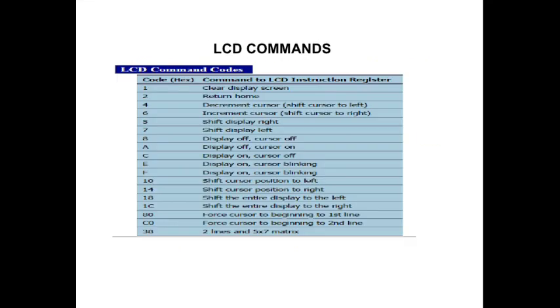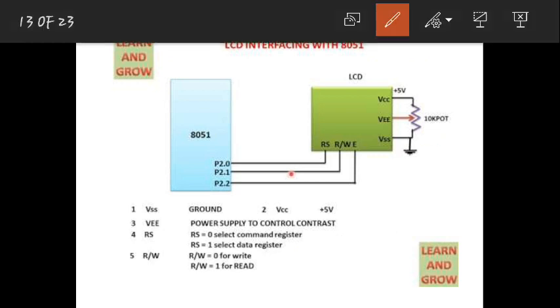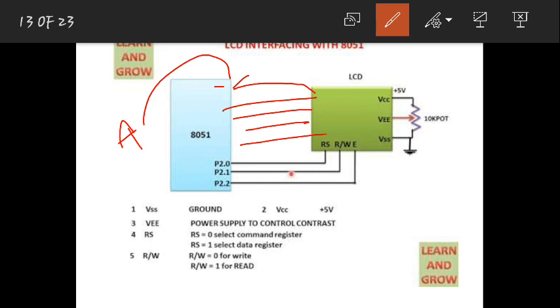Now once I moved into the accumulator, whatever data was there is in the accumulator; it is not even in this port. Port 1 is connected to data, and the data is not in that port. After moving into the accumulator, the next thing I should do is move this accumulator to port 1. That means I should write the next instruction, MOV P1, A. That should be my next instruction.